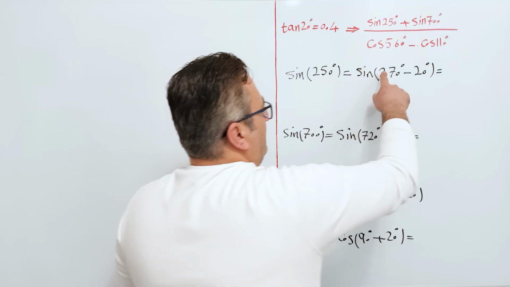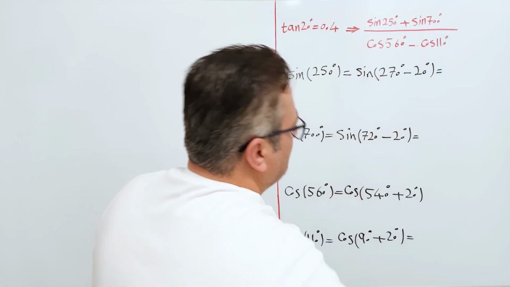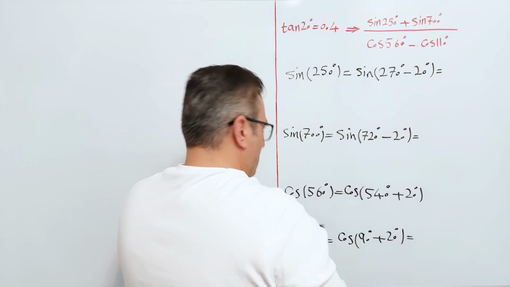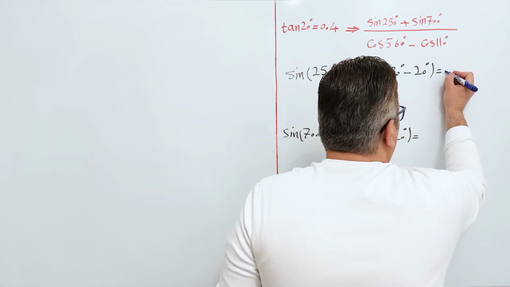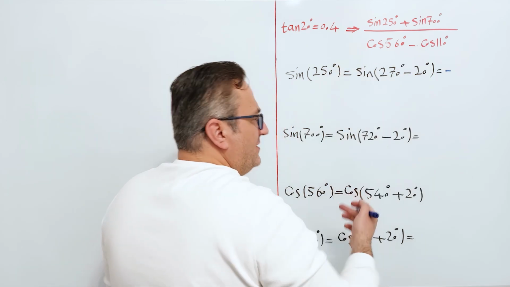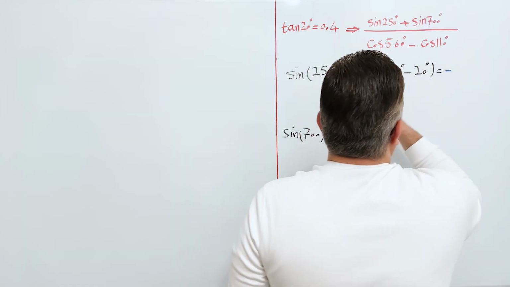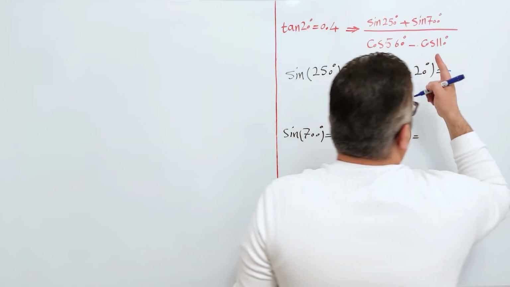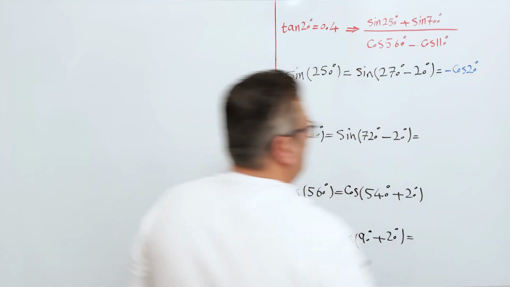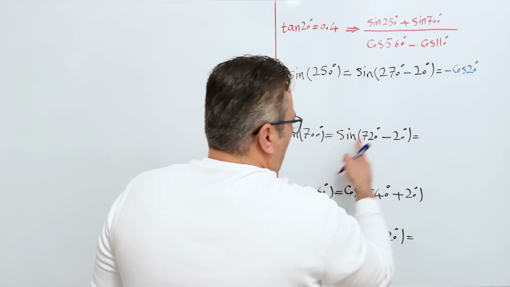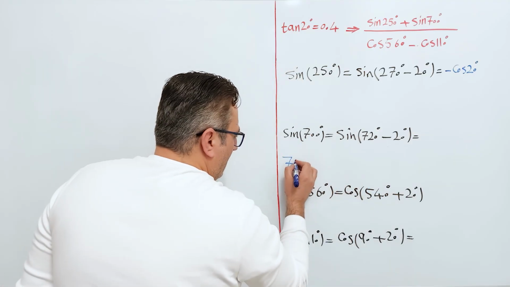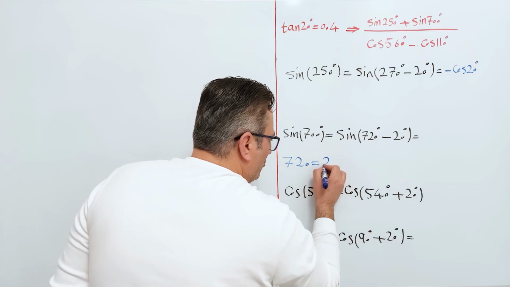so sine of 270 degrees minus 20 degrees is in the third quadrant, so this answer is negative, and 270 degrees acts like a co-function, and we know that sine of 270 degrees minus 20 degrees is equal to minus cosine of 20 degrees. Okay, and sine of 720 degrees minus 20 degrees, look at this,